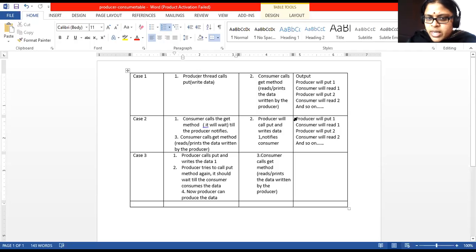When one thread is waiting, the other thread can obviously handle. That is what you mean by CPU maximum utilization. When one thread, called the consumer thread, is in the waiting state, your producer thread can execute, right? So what will happen now?